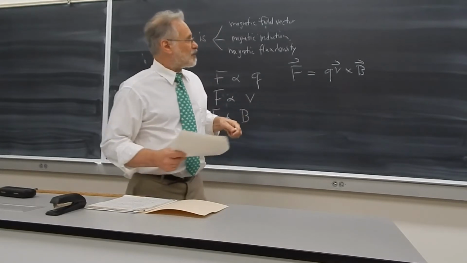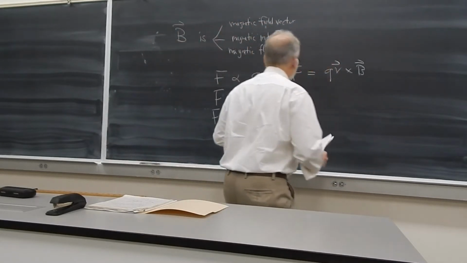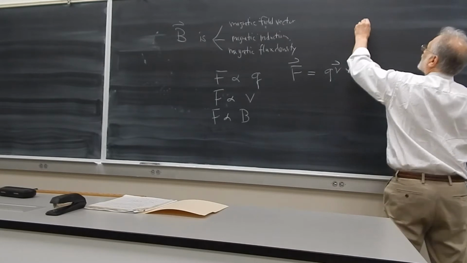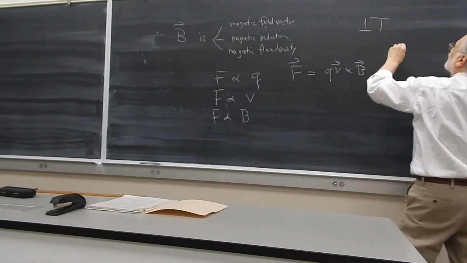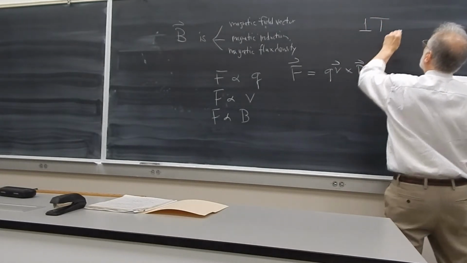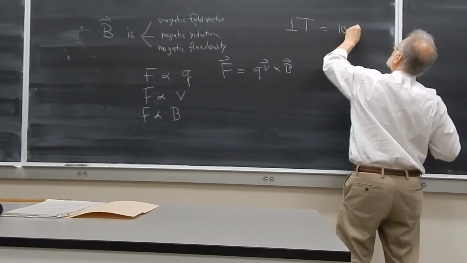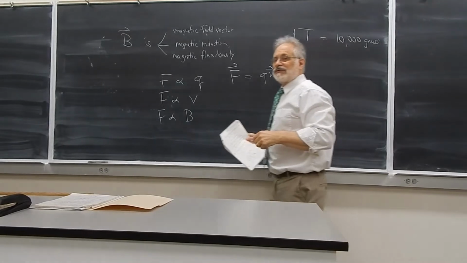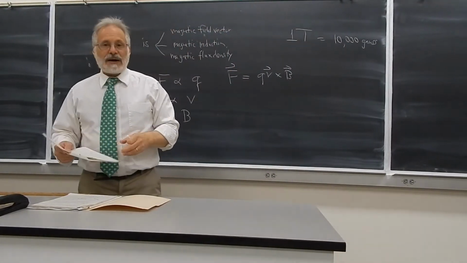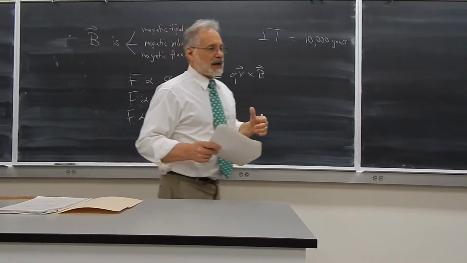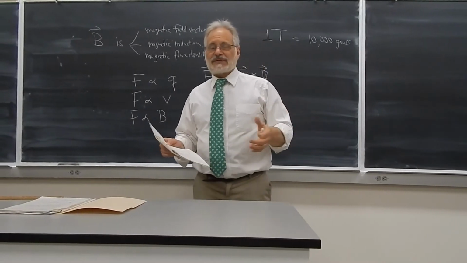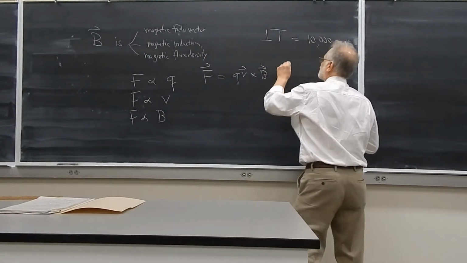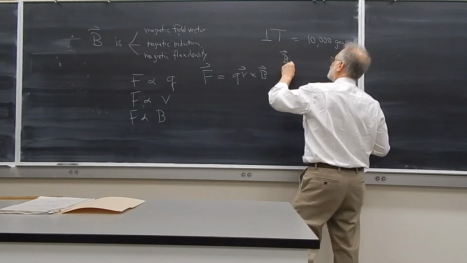We've said this before, but let me indicate it again. Our unit for magnetic field is the Tesla. One Tesla is a very large magnetic field. It's equal to 10,000 Gauss. That's the old time unit that we used to use for a magnetic field. Typically, we express smaller fields in terms of Gauss. For example, the Earth has a magnetic field of